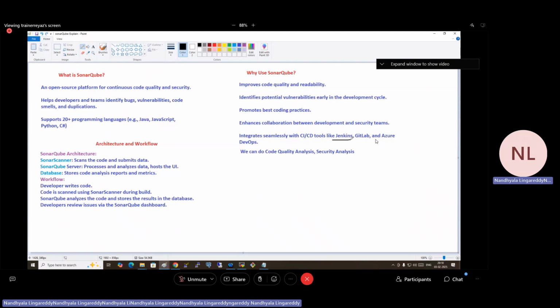It integrates seamlessly with CI/CD tools like Jenkins, GitLab, Azure DevOps. SonarQube can easily integrate. And what can we do? We can do code quality analysis and security analysis. Is this clear? Clear enough? Super. So as you know what SonarQube is, why we need it, and what the architecture is,